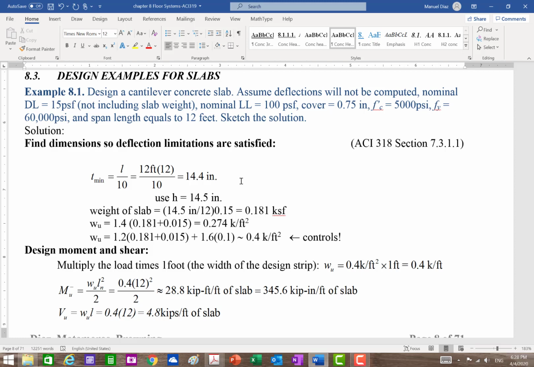Okay. So we're going to use 14.5 because remember we can go by halves, right? So weight of this slab, 181 psf, right? Pretty heavy. So we add that to our dead load. We check the load combinations, and of course this one controls. So our load is 0.4 kips per